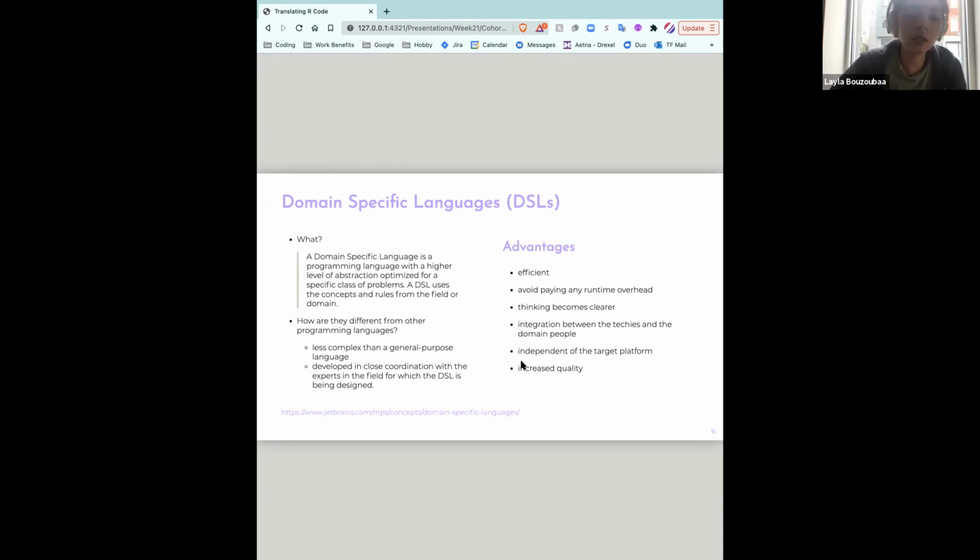And then your thinking becomes a lot clearer because you're within the domain that you're trying to write in. If you have a way of expressing domain concerns in a language that's closely aligned with the domain, it's a lot easier to write out your details. It's not colored by any kind of implementation. Independent of the target platform, better collaboration, and then increased quality,